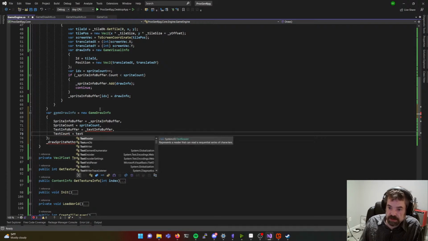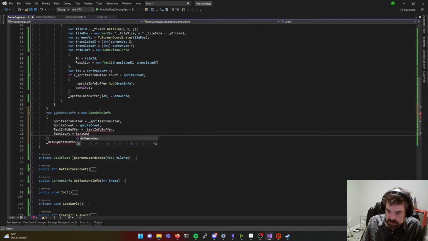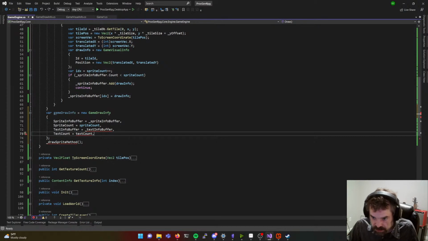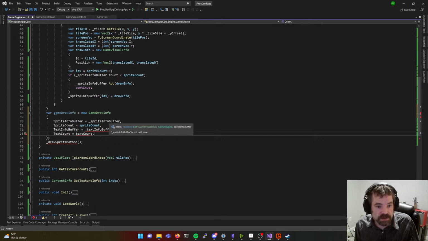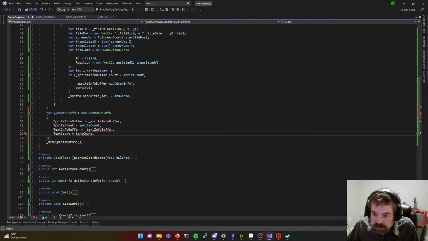Really, we could probably at some point just allocate our buffers one time and then just pass counts around. We don't need to keep passing hundreds of buffers, even though, yeah,